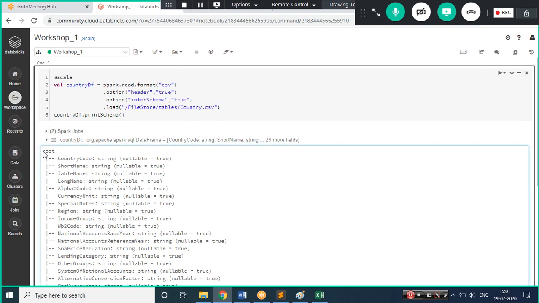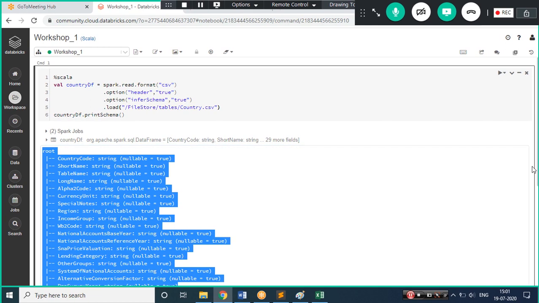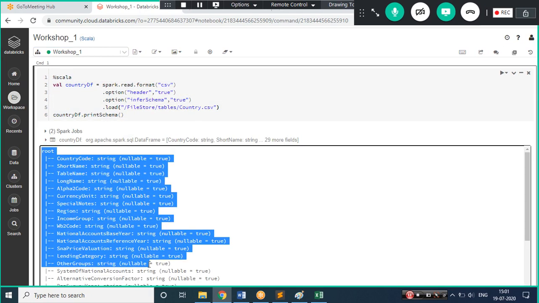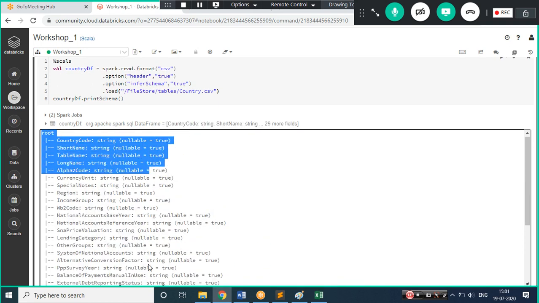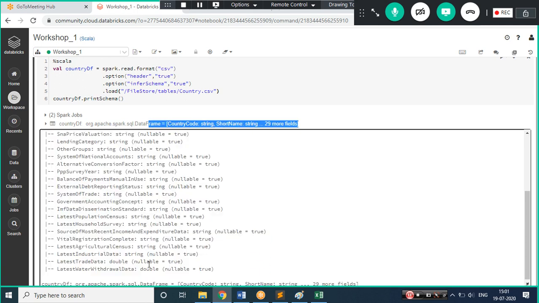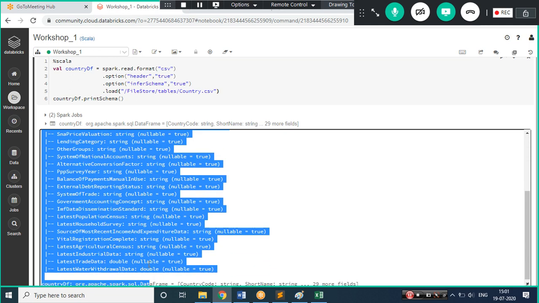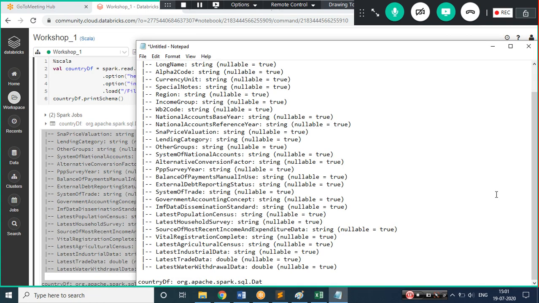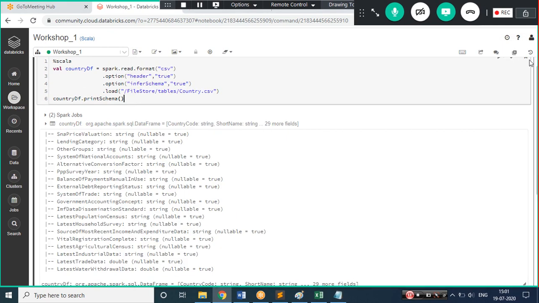So let me copy this because I will need it to write some queries. When I'm doing certain joins, at that moment I'll need this, so that will help me. Otherwise, again and again I'll have to Ctrl+C, so let me open a new notepad just for reference purposes. Okay, so these are some of my column names, so we'll be using this. This is my first data frame which I loaded.